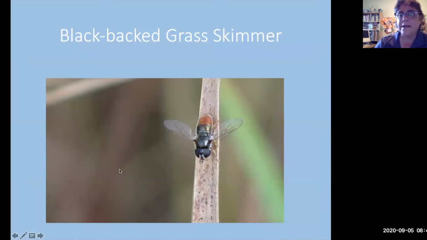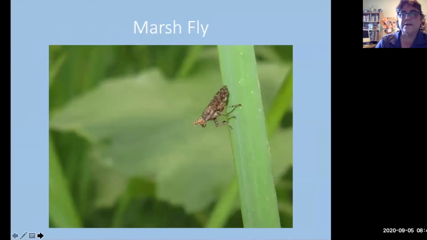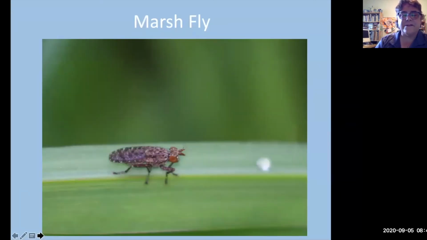And this guy, look at your fingernail again. This little tip of your fingernail, it's half that size. Okay, so I really, really had to take a close-up picture to make this one. This is a blade of grass that it's on, or blade of tules. This is a little bit bigger than that fly. This is a marsh fly. I love their long legs, really neat pattern. There's another view of it, getting to see the pattern on it.